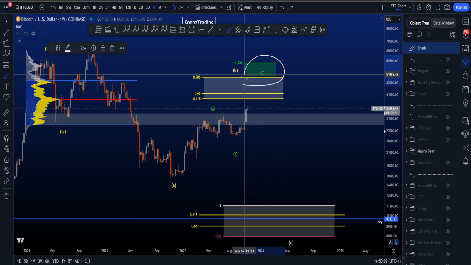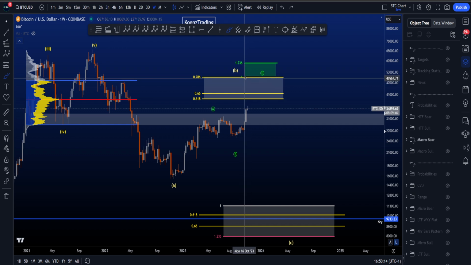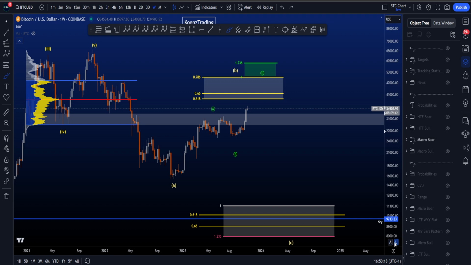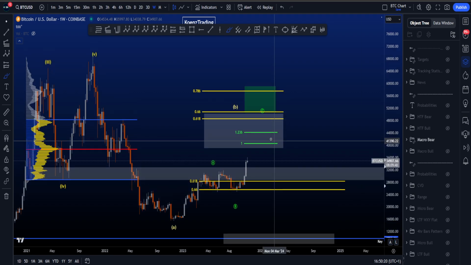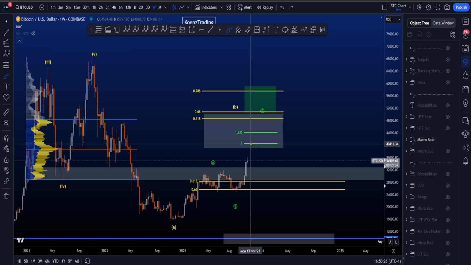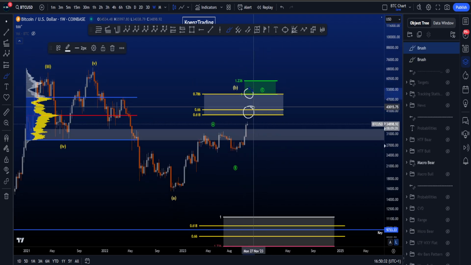But also the target of a wave C, if the low of B is already in, is currently on the logarithmic scale with the 1-to-1 right on top of the 786 at 50k. And if I turn the logarithmic scale off, then you can see the most common target for a wave C, being the 1-to-1 and the 1.236, is now sitting at 40k. So it's indeed a very, very important area of resistance for potentially the high of a wave C,